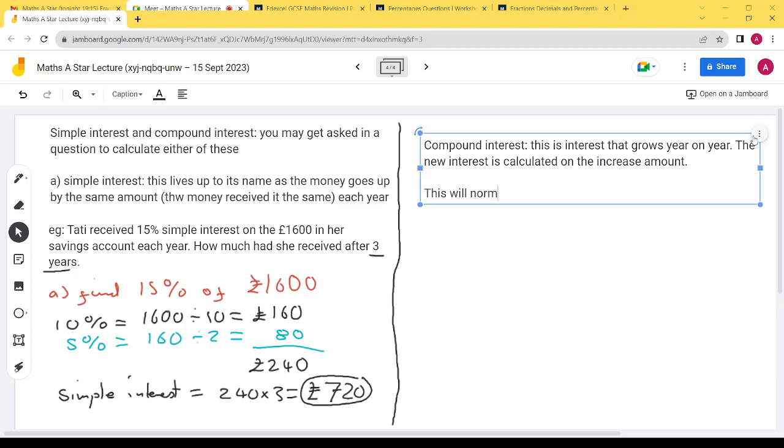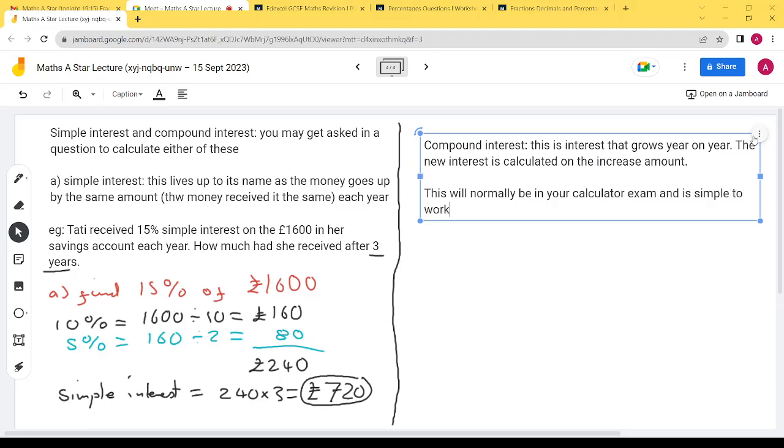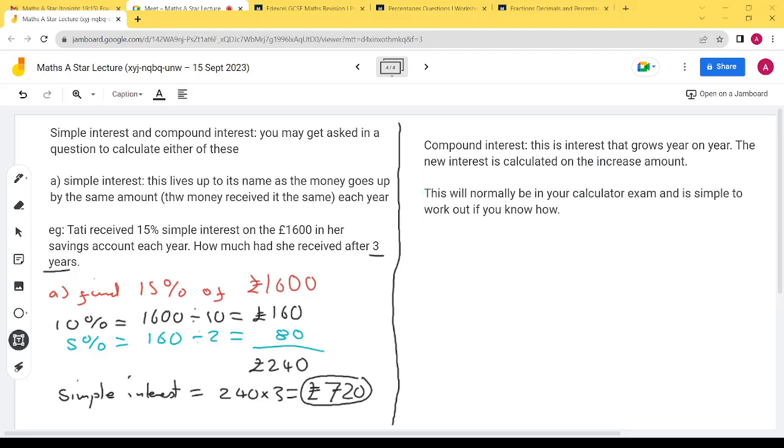And so this will normally be in your calculator exam. I'm not saying it will always come up, but if it does, it will normally be in the calculator exam, and it's simple to work out if you know how to use the calculator. So yeah, say for example,